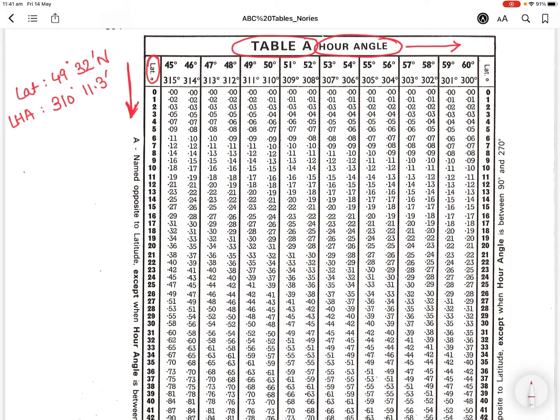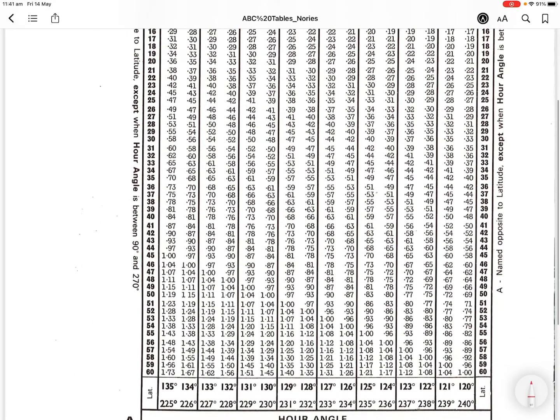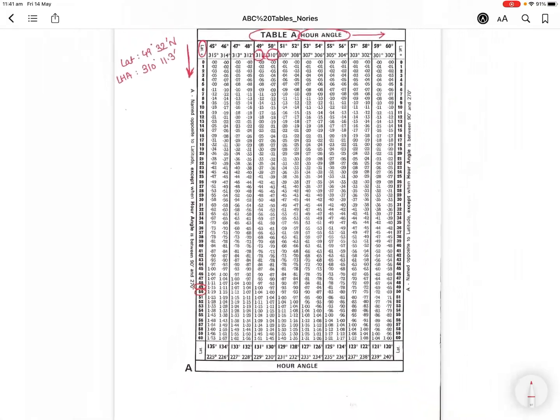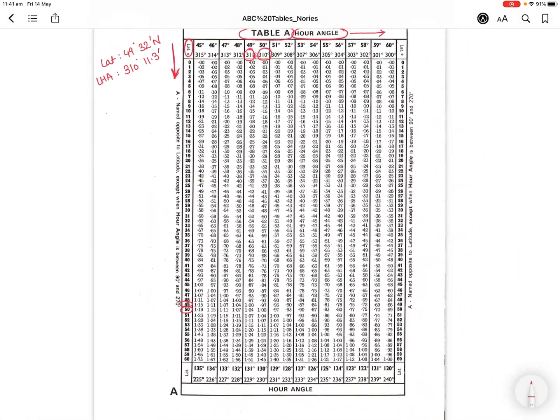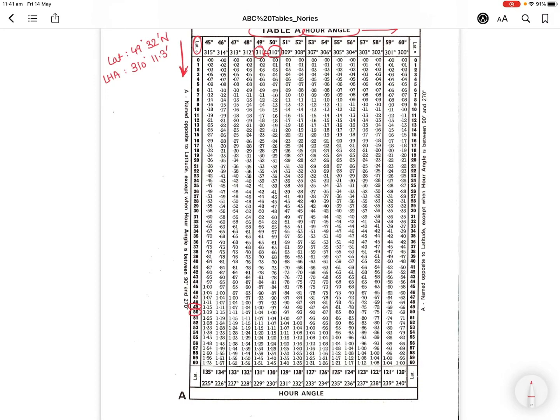All right. So my LHA value is between 310 degrees going to 311, right, because it's 310 11.3. And my latitude is 49 degrees 32, which is between 49 and 50. All right, so it's a vertical column. I have to zoom out a little bit to show you how I can get the values. So the first value I will get is for a latitude of 49 degrees. So for 49 degrees, I can say,